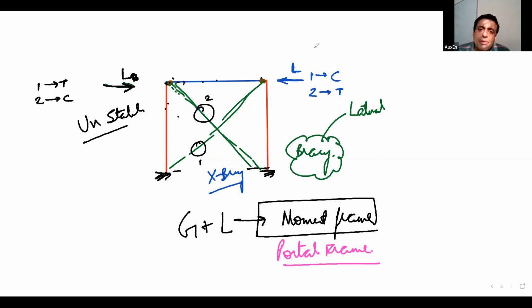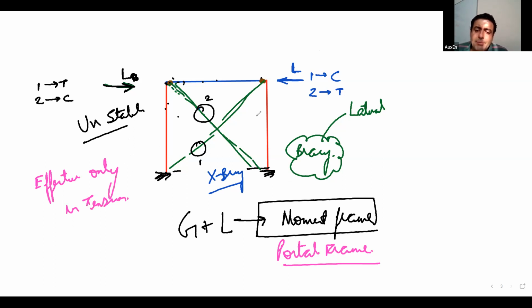So generally when we provide bracings, the basic principle that we adopt is that we design our bracings to be effective only in tension. That is a point I will come to later on also. So generally the bracings that we design would be effective only in tension. Okay. Why so? I'll come to it later on.